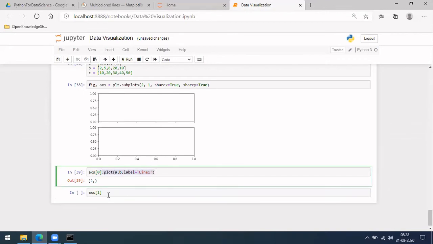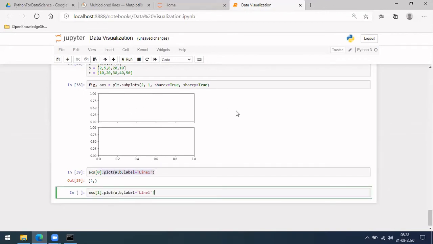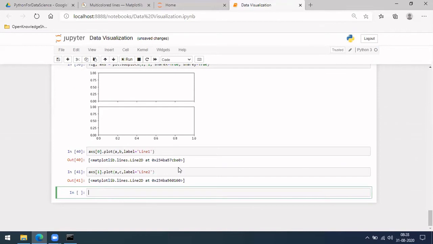Similarly, there is not much difference. The only thing is, earlier we directly did plt dot plot and then gave it. Now we have defined dot subplots and then on top of it we are plotting. Let me run this. Okay, we got two here. So let's see what we can do. Just plt dot show, so whatever is there till that time, it will show.